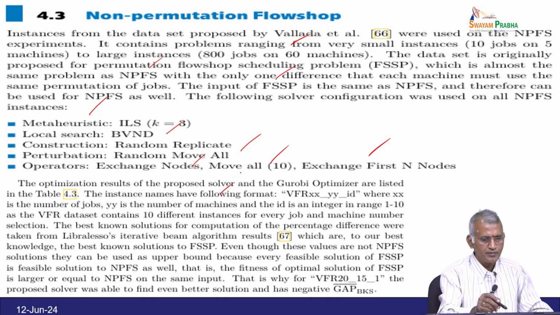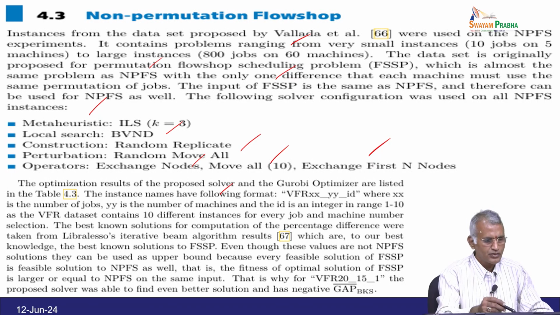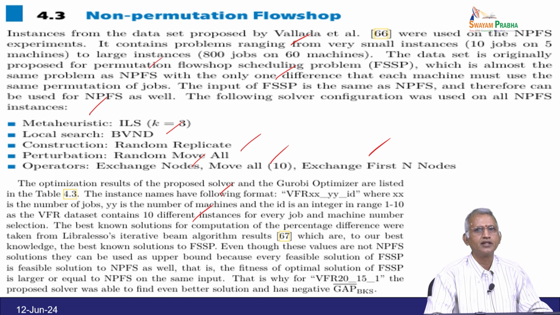The instance names have the following format: VFR XS YY ID, where XS is the number of jobs, YY is the number of machines, and ID is an integer in the range 1 to 10, as the VFR data set contains 10 different instances for every job and machine number selection. The best known solution for computation of the percentage differences was taken from Libralesso's iterative beam algorithm, which is to our best knowledge the best known solution to FSSP, even though these values are not